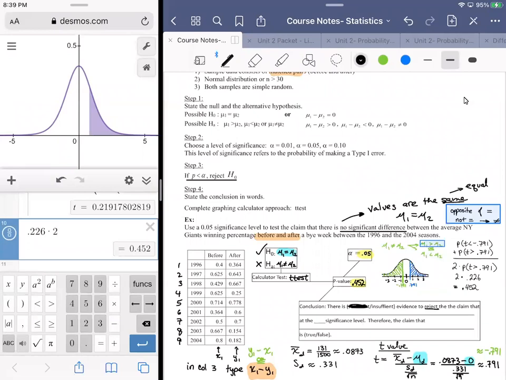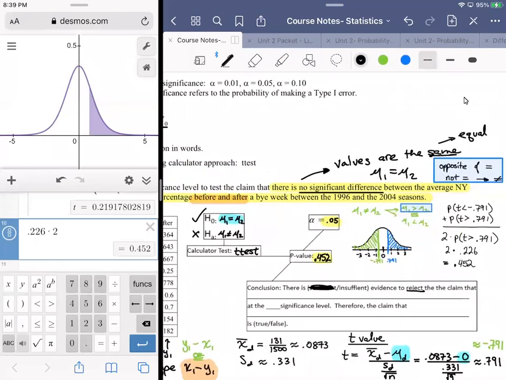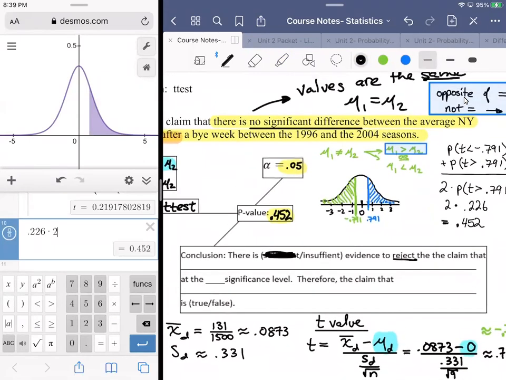So mu1 equals mu2 came from the sentence that I have here. There is no significant difference between the average winning percentage before and after a bye week. That's a lot to write. I don't want to write all that, so I'll write some of that. The important points. There is insufficient evidence to reject the claim that there is no significant difference